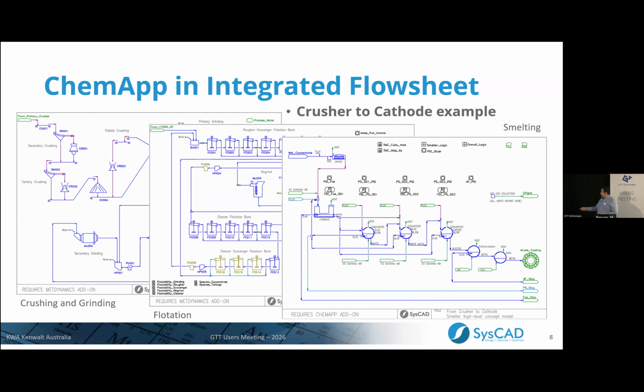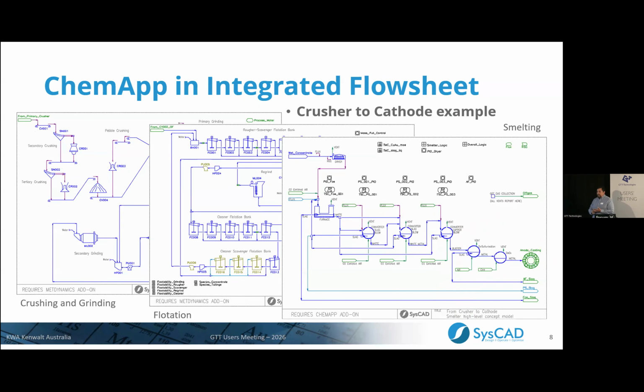And in this particular case, the smelter includes a number of ChemApp reactors. So there is a furnace, a number of slag blows, or Pearson-Smith converter steps, and also anode refining, desulfurization, and deoxidation step before casting. All of these that you see here, sorry, it's hard to point with this. Anyways, all of these in the high temperature side of the flow sheet, the furnace, the converters, the anode furnace,